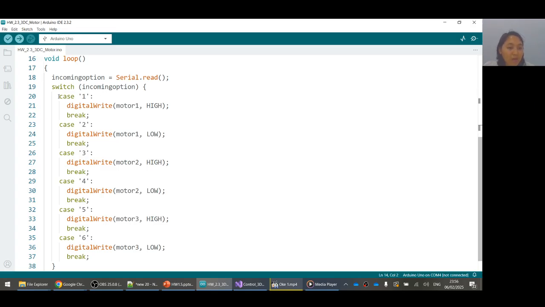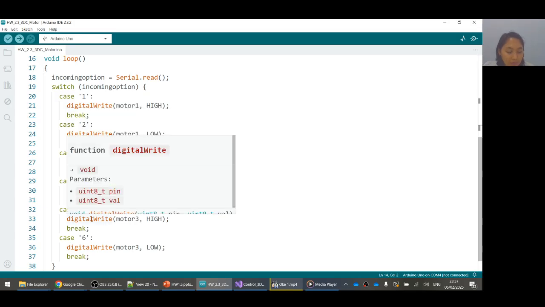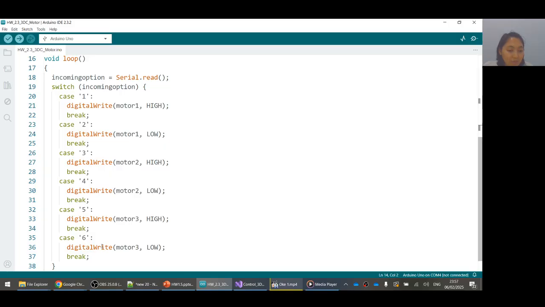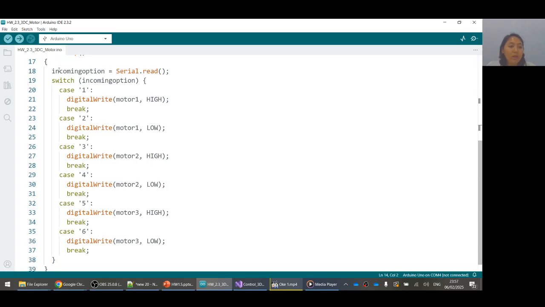This is for button start 1, this is for stop 1, case 3 is for start 2, case 4 is for stop 2, case 5 is for start 3, and case 6 is for stop 3. You can see here this is for motor 1 high, motor 1 low in case 2, and so on. And this is controlled by incoming option using Serial.read.